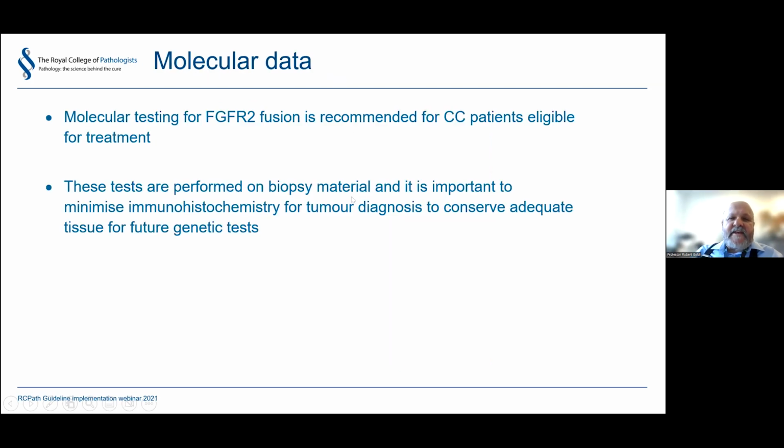Finally, coming on to molecular tests, FGFR2 is the one that we get asked for most, because the problem is this: cholangiocarcinoma carries a bad prognosis, and therefore the clinicians, oncologists, are always looking to apply new treatments. And therefore we have to be particularly miserly, I think, on asking for extra stains on cholangiocarcinomas when you have a liver biopsy, because a high percentage of them will require molecular studies.